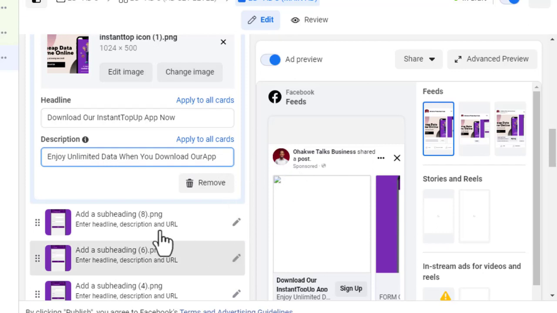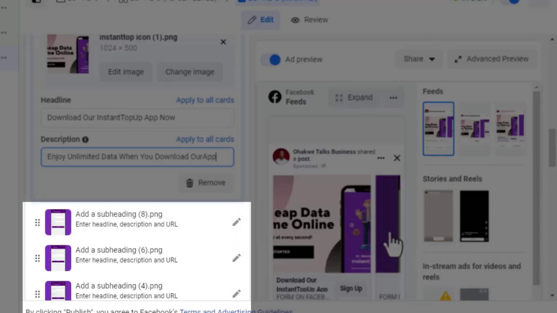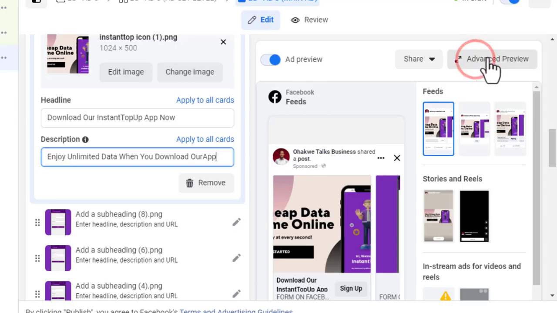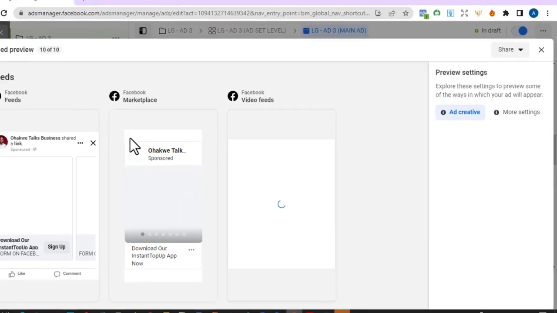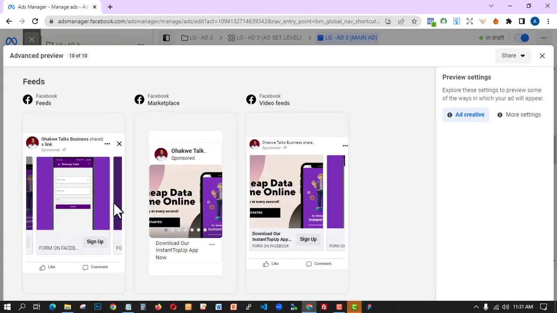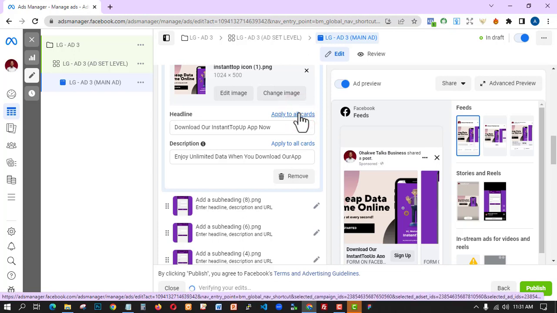Now we have something called individual description and headline. That means each of the images you have, let me show you something. Let me go to advanced preview. Each of the images you have here, you can decide to add a headline to all of them, right? You can see different image posts, so you can decide to change all these things on your own. To do that, click on this pencil icon and change it. But for me, I'll just click on apply to all cards